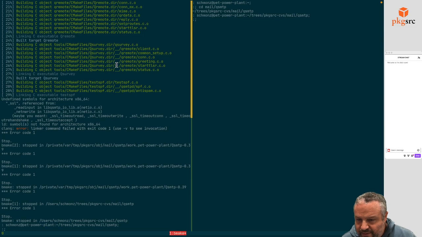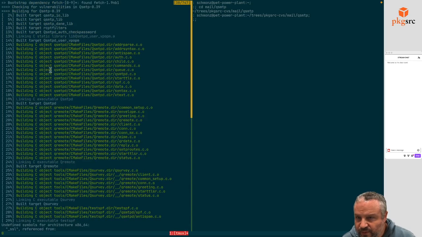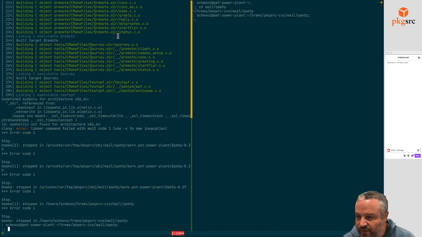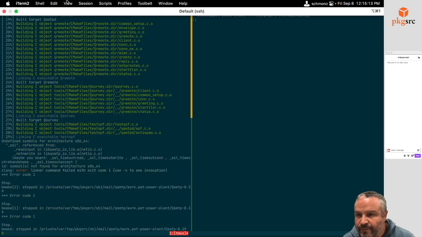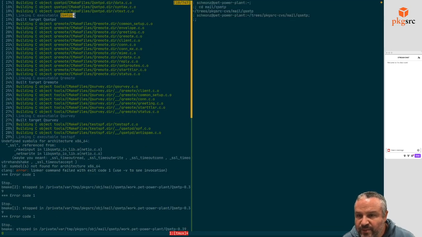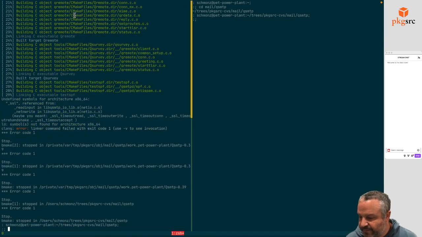So again, this is on macOS 10. We were able to build a few things. We were able to build a library for, I guess, understanding the structure of vpopmail, which is a virtual account system, an add-on for Qmail, a popular one. It did build the replacement SMTP server, and it did build the replacement SMTP client, and it built another tool that looks like it does some kind of